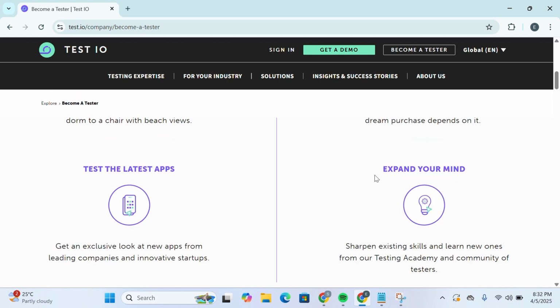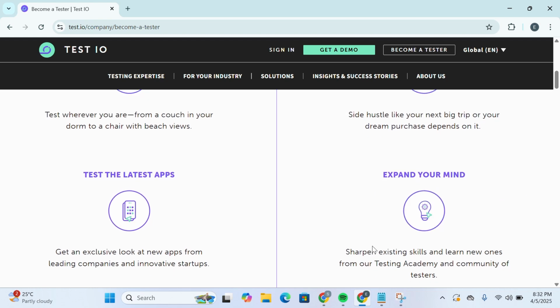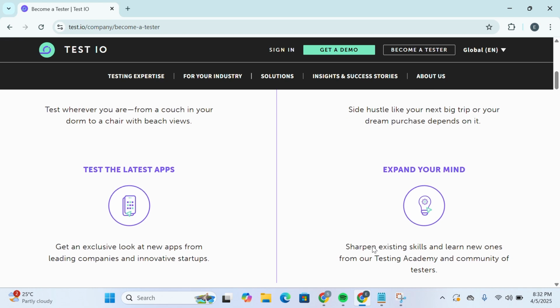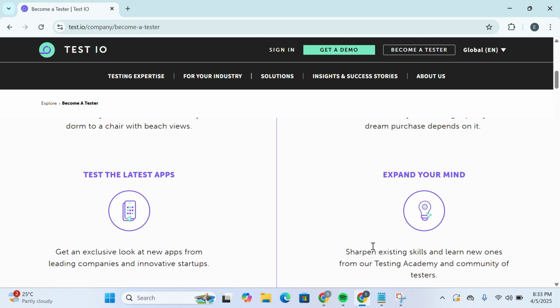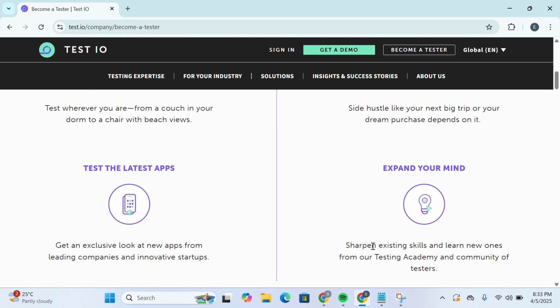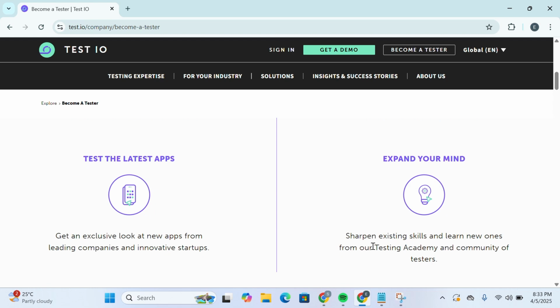And then we have expand your mind, that you can sharpen existing skills and learn new ones from our testing academy and community of testers. Now, let's suppose your knowledge is limited to some aspects that you have only studied. If you wish to get more knowledge, obviously you need to work on them. So for example, if there is a bug and you wish to fix that bug, obviously you'll have to learn about that. So you'll research about that, you learn some new skills in order to fix that bug, and that expands your